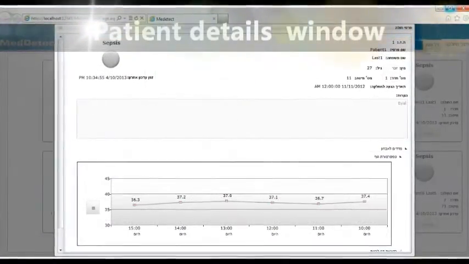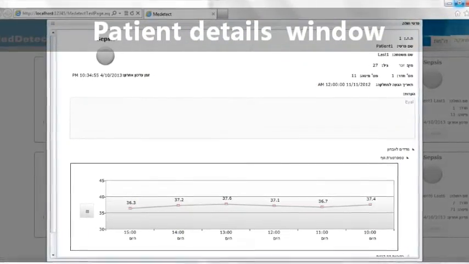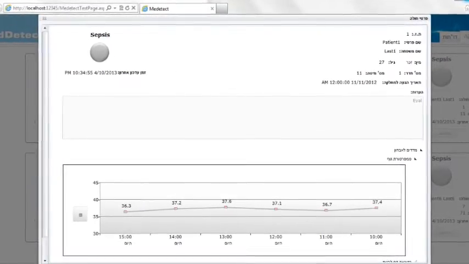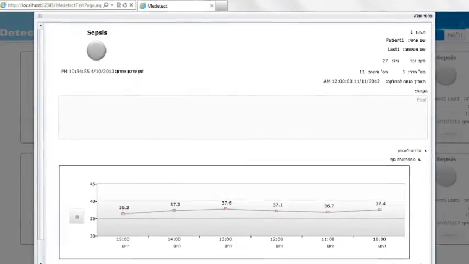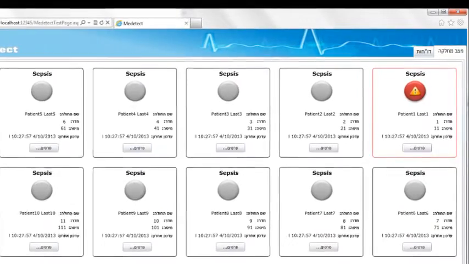Medical staff, such as a nurse or physicians, can have a more detailed view of the patient's details, which also include medical measures which are relevant to sepsis diagnosis from the last 12 hours. Once a patient is diagnosed as a septic patient, an alert is presented on the user interface. There are several diagnosis states: